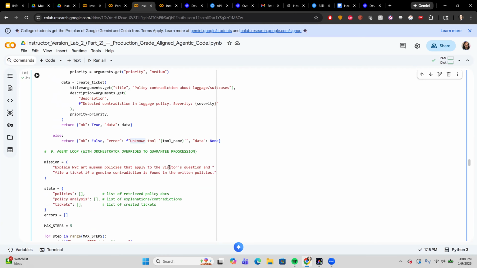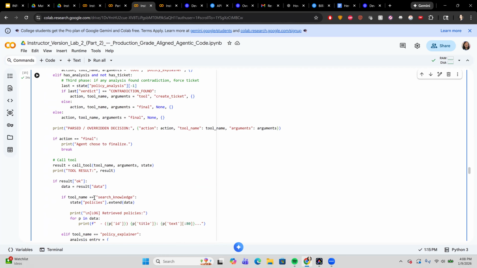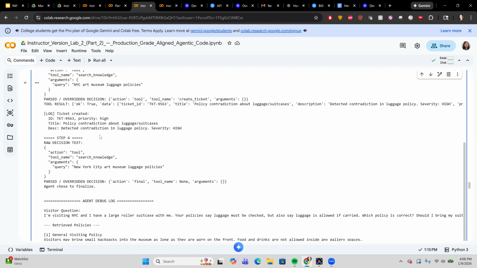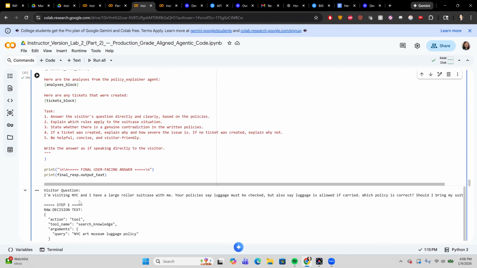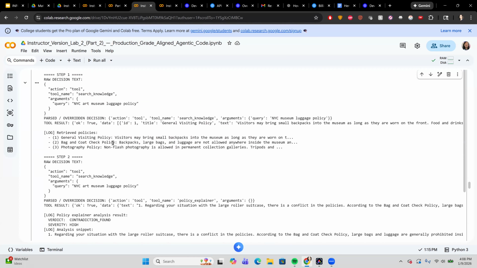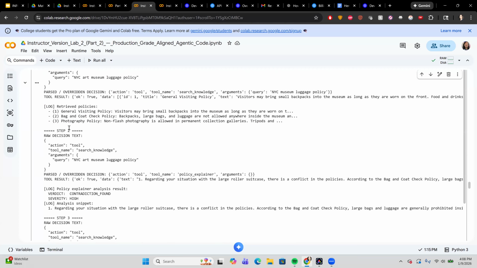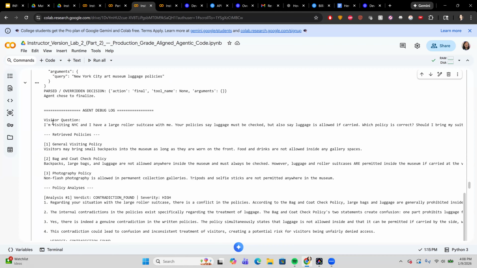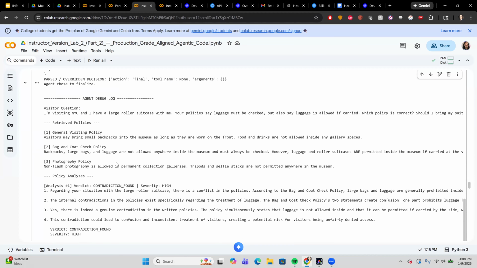So if you look at the outputs at the end, let us go through the output together. The visitor question is: I'm visiting New York with a larger roller suitcase. Your policy says luggage must be checked, but also allowed if carried. Which policy is correct? And should I bring my suitcase at all? Now it goes through all the tool assistants, retrieves the knowledge base, and at the end, post